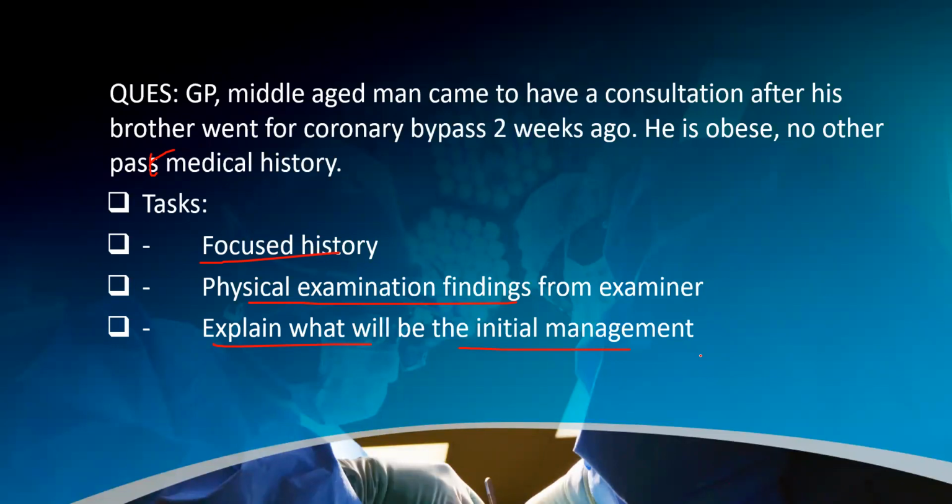Now, this is one kind of CVS risk assessment question. There is another question in which they give you the CVS risk assessment chart, and then they ask you to explain it. This one, you will not get the CVS risk assessment chart for this particular case, but you have to ask for it from the examiner. If you're in the face-to-face, you have to at least say that you would like to check the CVS risk assessment chart. Okay, so how are we going to start this case?